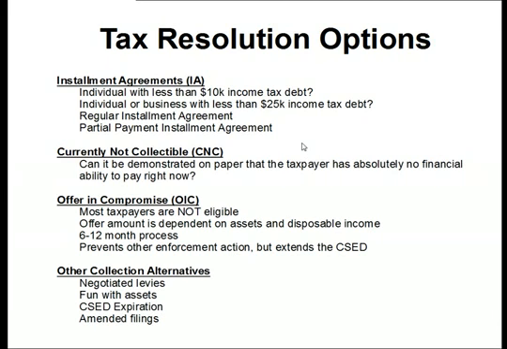So those are the three major tax resolution options. There are a bunch of other things that can happen, quote unquote, advanced strategies. Things that I've done, I've negotiated levies. So, negotiated a continuous levy against accounts receivable for a certain amount. The first several $1,000s of an accounts receivable that gets paid every month to a business